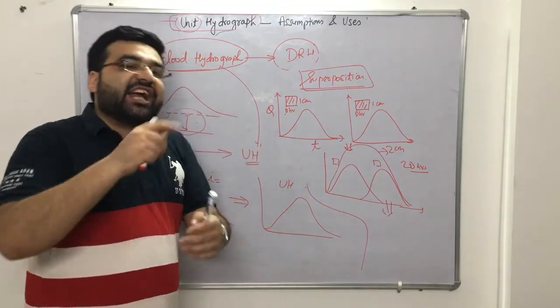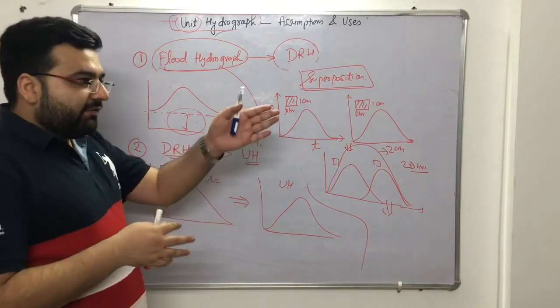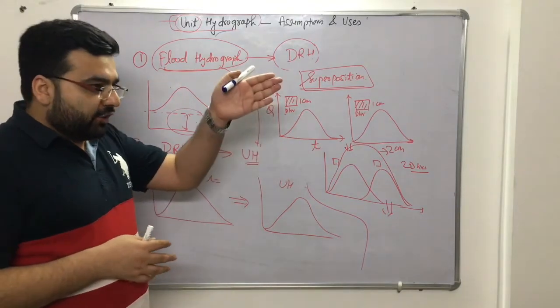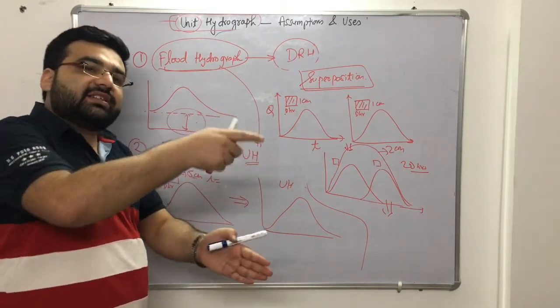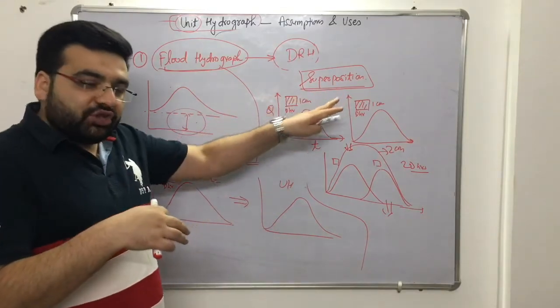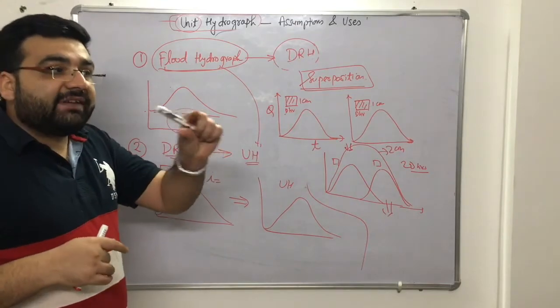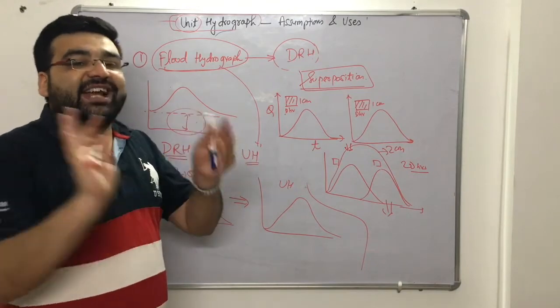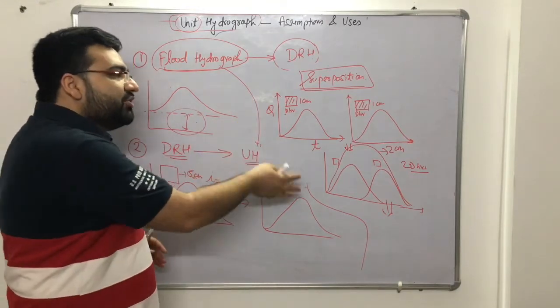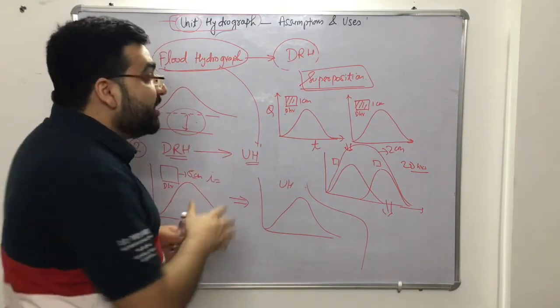Now the third type of questions, right? So I have told you about two types of questions, right? From flood or direct runoff hydrograph to unit hydrograph and vice versa. Second type about superposition. The third type of questions that are coming is about the rainfall, effective rainfall depth, and sometimes calculation of phi index also. So you know that you can also calculate phi index from the unit hydrograph. So let me explain to you how to get it, right?